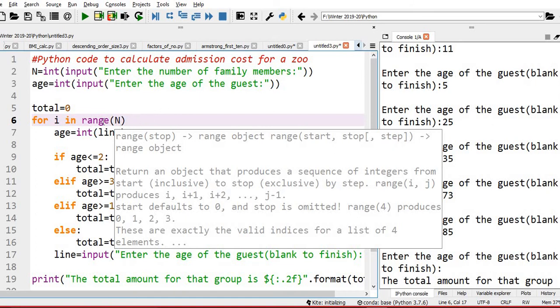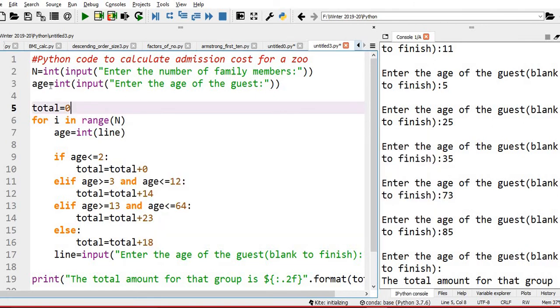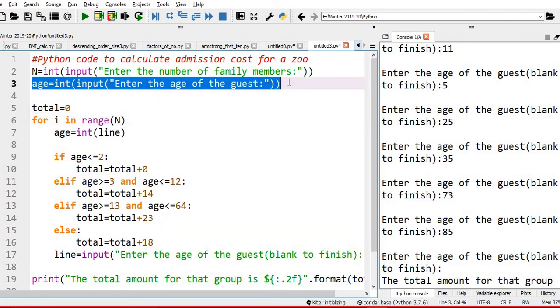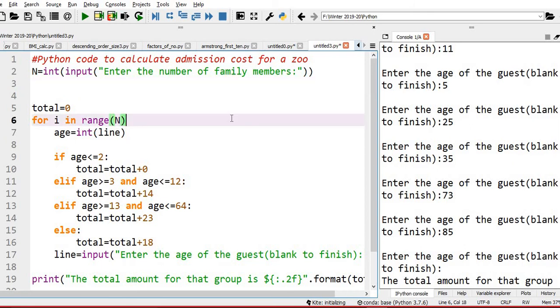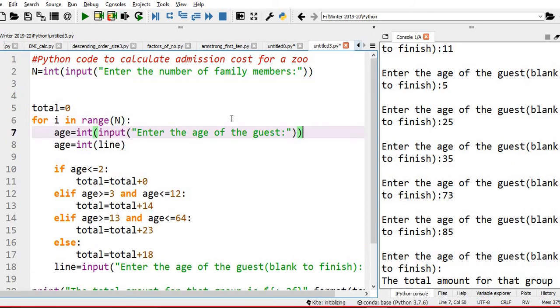Do you know what range is? It will start from 0. If there are 5 people, it will go 0, 1, 2, 3, 4, but totally 5. Then let me get the age also within the loop.